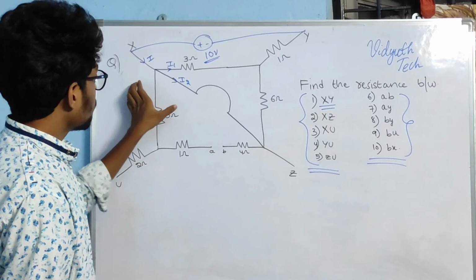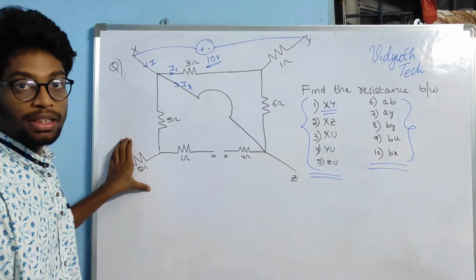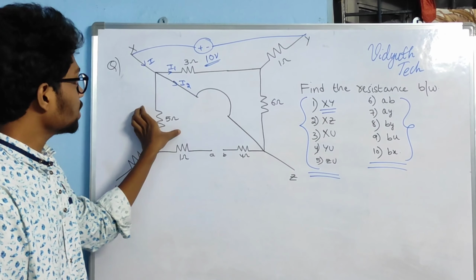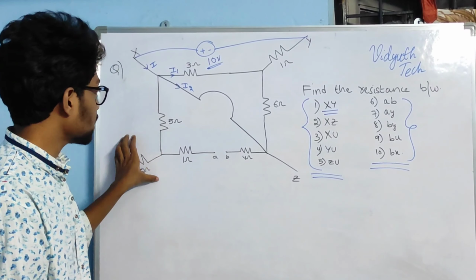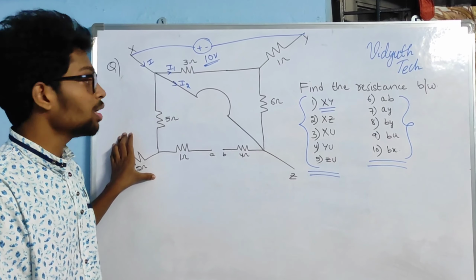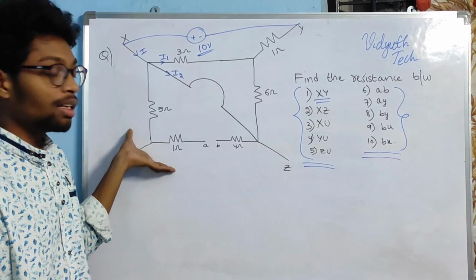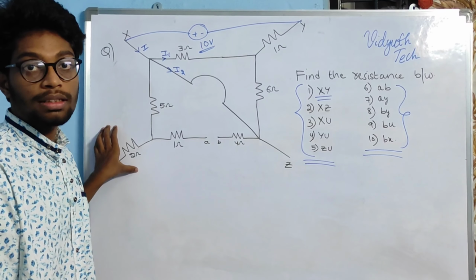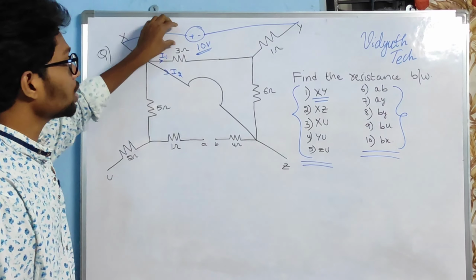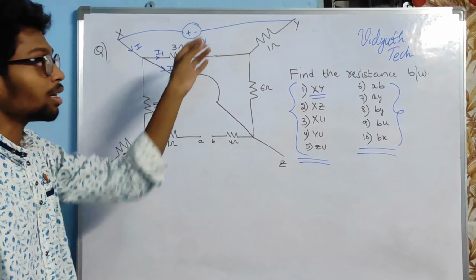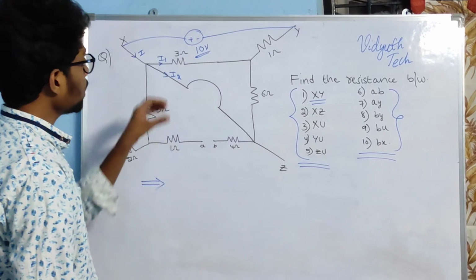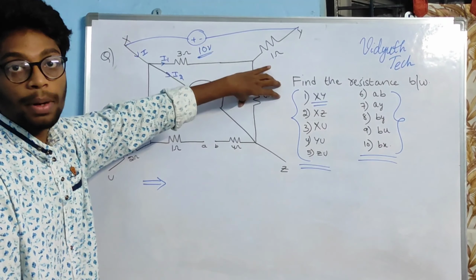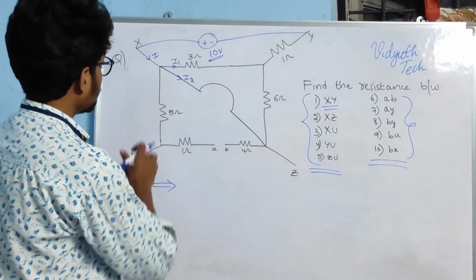Actually these elements are present in the circuit, but you can see whenever I have taken the equivalent resistance across XY terminals, these resistances are not there. Based on the terminals you have taken, elements will be present. To avoid the confusion, I have taken the 10 volts voltage source over here. You can see 3 ohms and 6 ohms are connected in parallel. This is the X terminal.